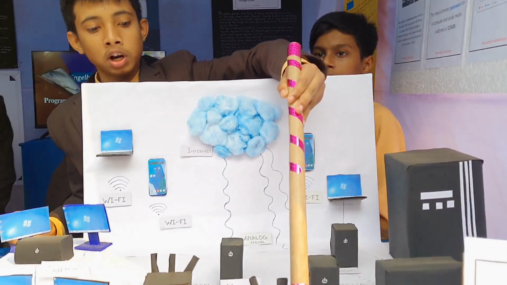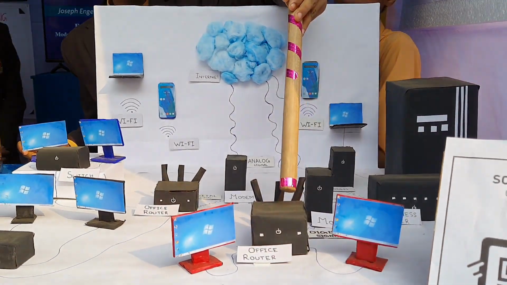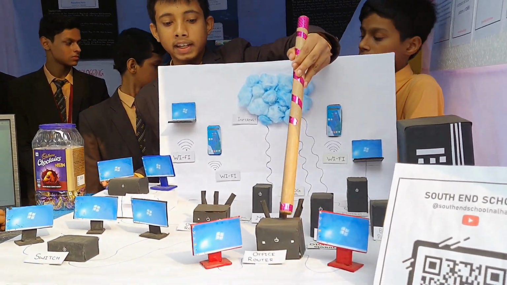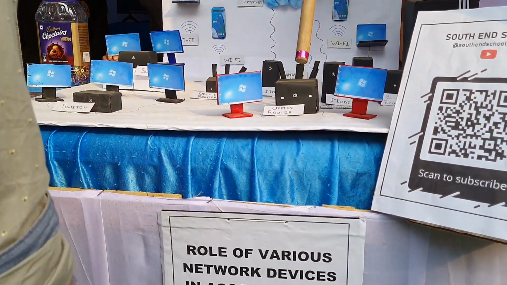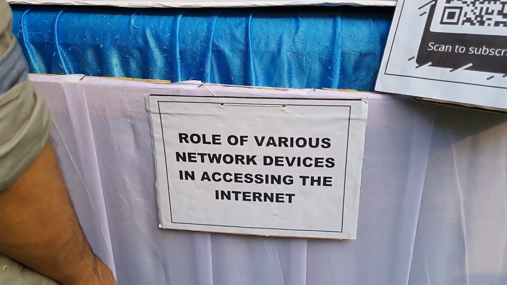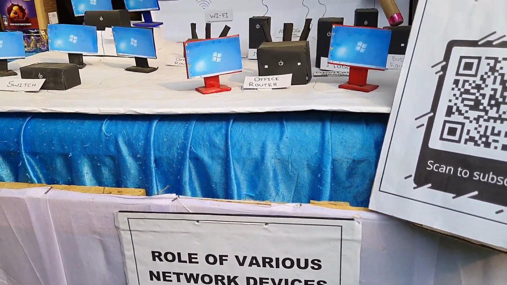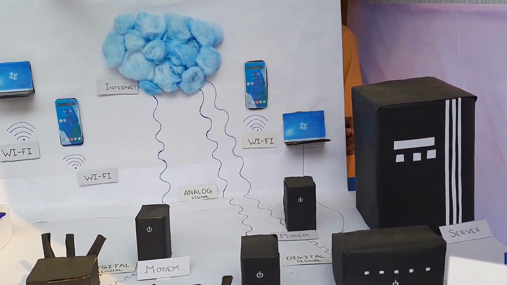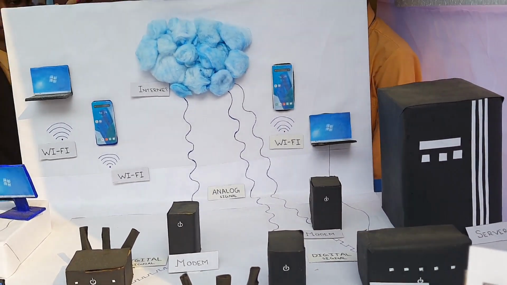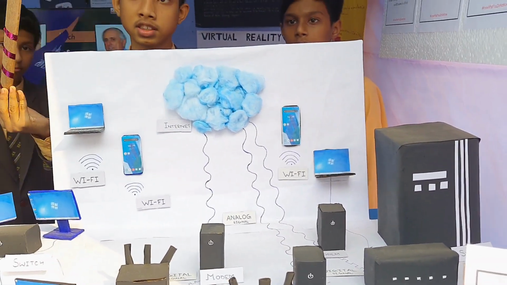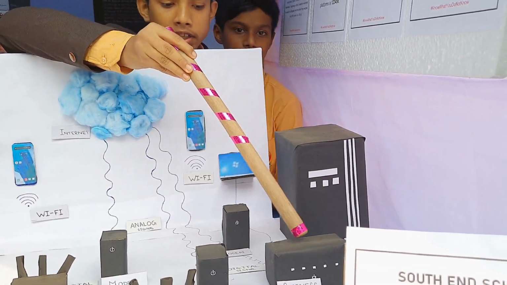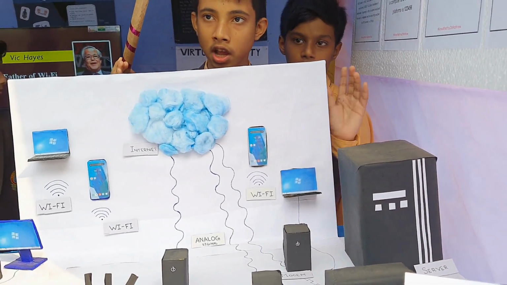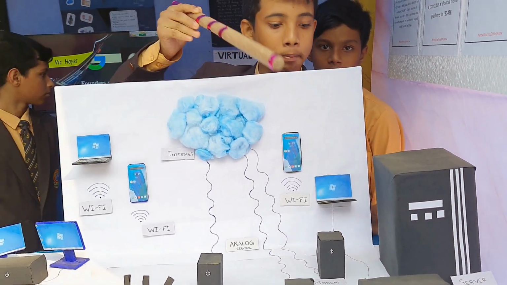So here you can see one more, a home office router. There you can see no switch is there because it has an inbuilt switch, and that's why it can directly be connected to these two computers. And so here you can see a business router. There is no such big difference between a business router and an office router. The major difference is a business router is used to perform heavy tasks like programming, storing, saving, etc. What this business router does, it transfers data at a very high speed, or you can say bandwidth.